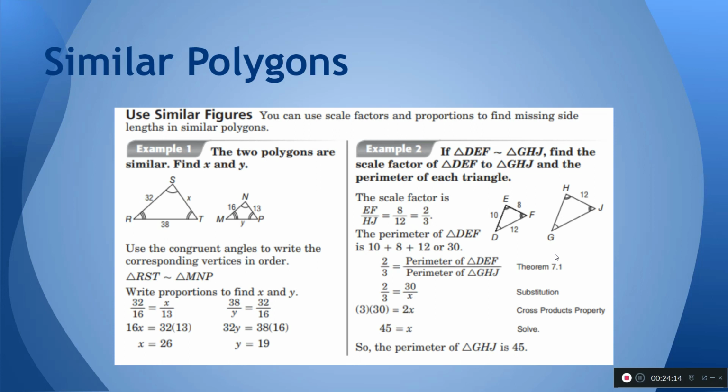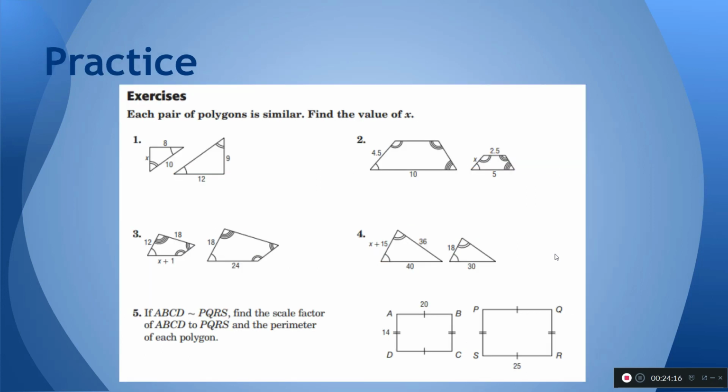So let's move forward. Taking a look at some more practice problems here. We're doing the same thing. We're solving for x. We're figuring out which sides correspond to each other, set up our proportions, cross multiply, and then solve for x as it comes up here. So make sure to pause here,